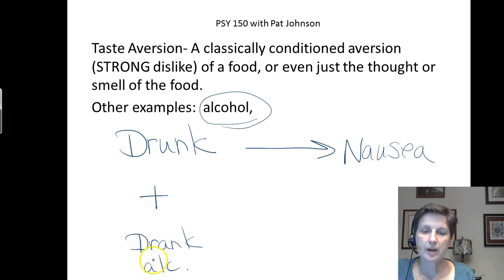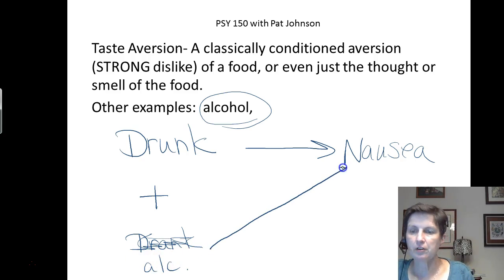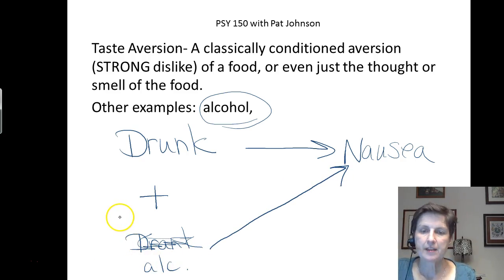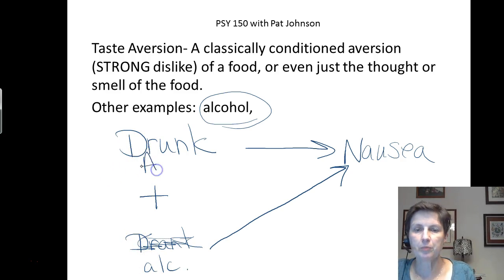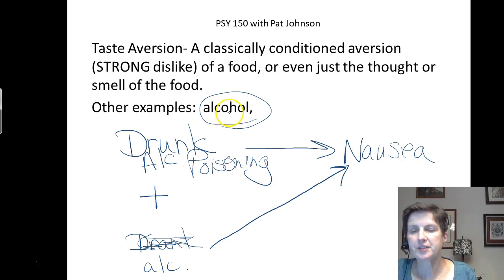Okay, and now whenever you don't even have to drink it, when you just smell that alcohol or think about drinking it, it also causes that nausea. And that would be a taste aversion to that alcohol. Maybe alcohol poisoning here. Okay, and we could come up with other examples. I've had students develop taste aversions from particular fast foods where they got sick on the fast food. Maybe they got the flu like I did, or maybe they got food poisoning or something like that,